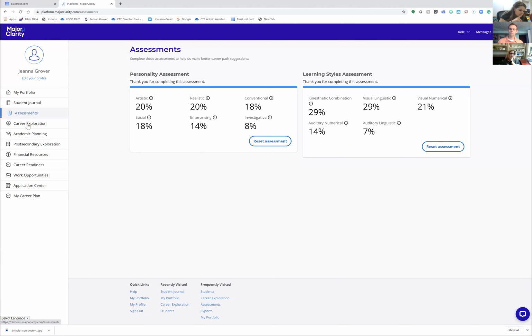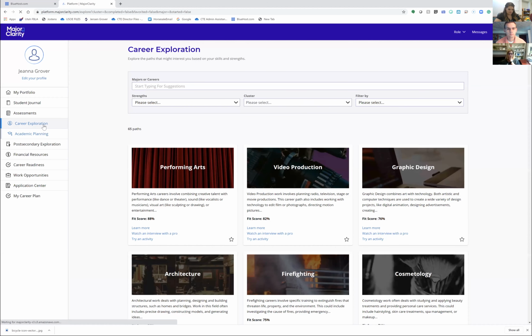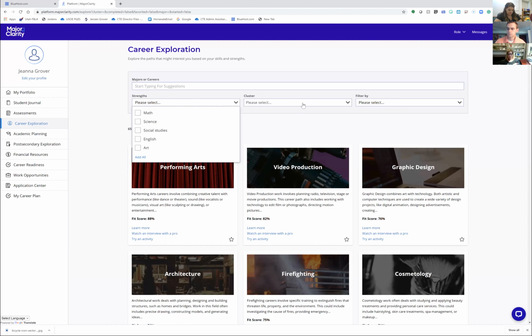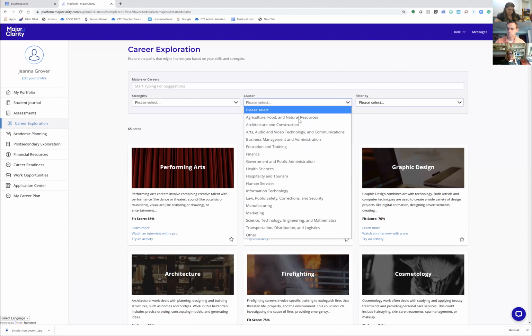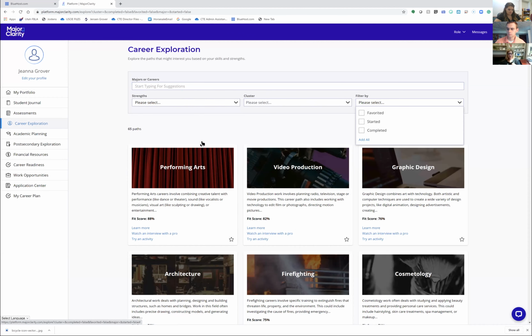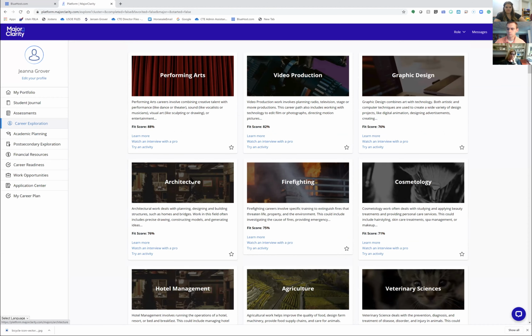But this is what is extra great, this career exploration. If they know what they want to do, they can go in here and type it. Or if they took that assessment and it showed some strengths, they can go by those. Or if they know, yes, I really want to do something with agriculture, they can go by career cluster. So if they find one that they think they want to look at,